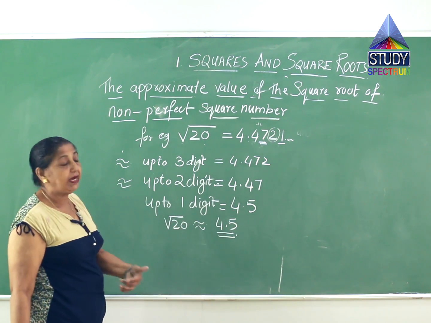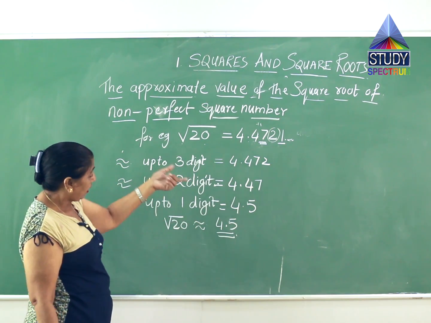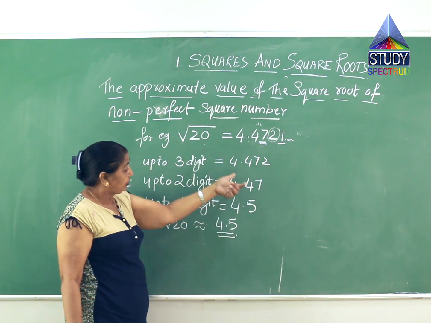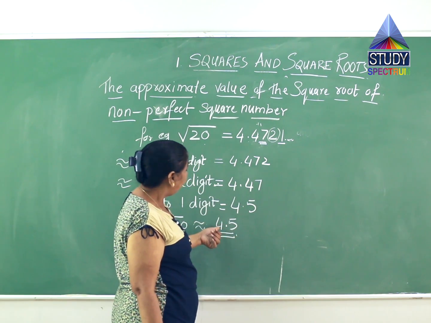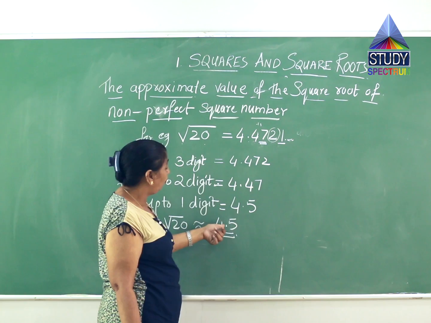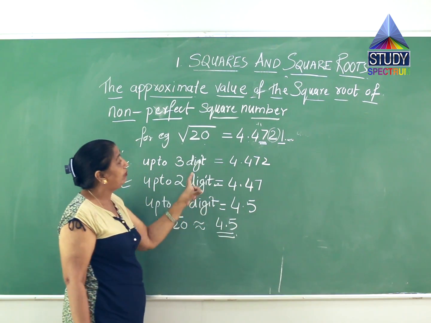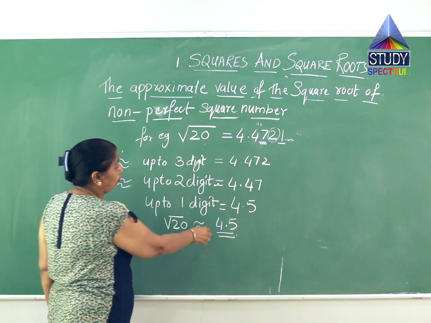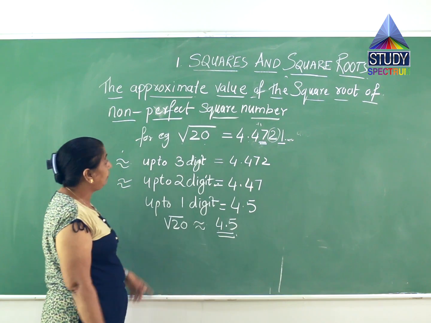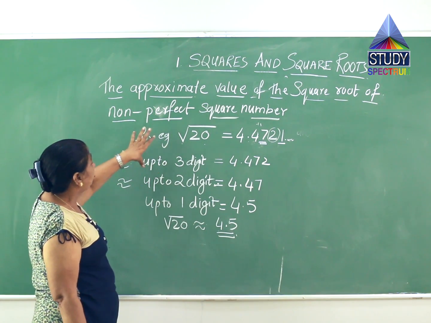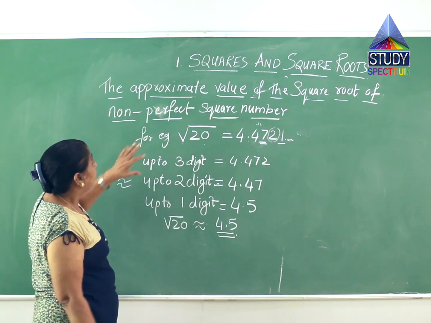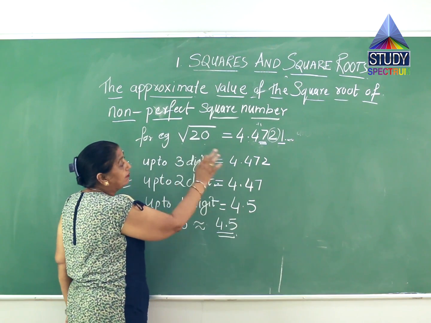So the length of that triangle, which I have already explained, will give me 4.5. If you actually measure that, it is near to 4.5. So now it's clear that whenever the question is asked, we can take the approximate value by considering the